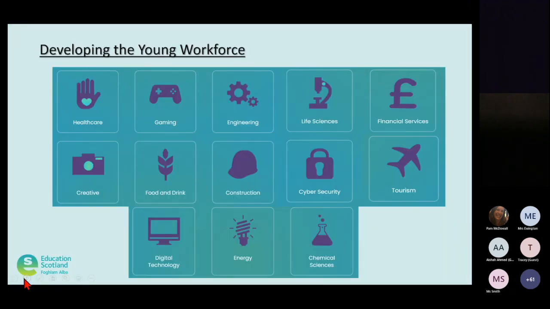So this is what the workforce looks like. This is what digital looks like in the workforce around us. I often really struggle to look for a job today where digital doesn't form a part of that, where computing science doesn't form a part of that. So again, if you fancy popping into the chat facility, please feel free to let me know if you can think of a job where digital skills doesn't form some kind of part to that.